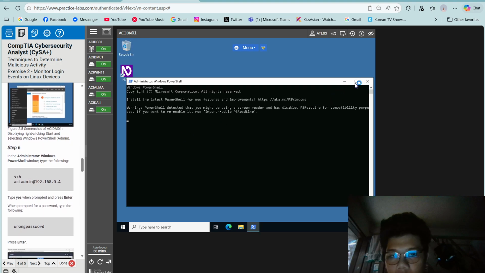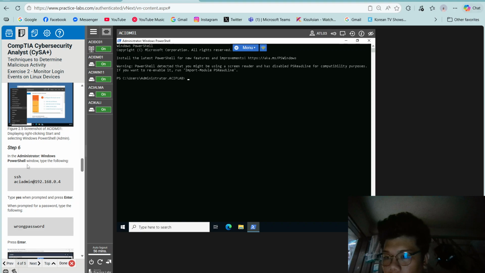In the administrator PowerShell window, type the following. So ssh aciadmin@192.168.0.4.